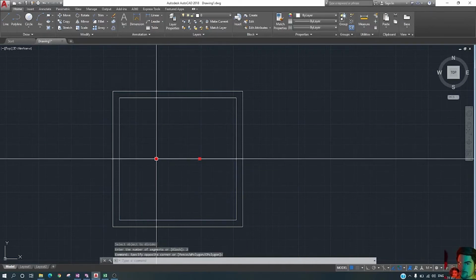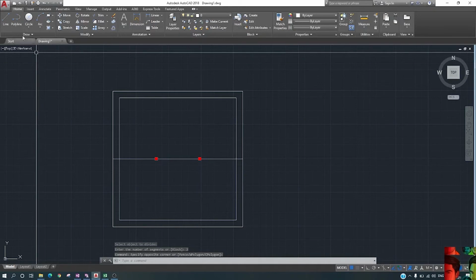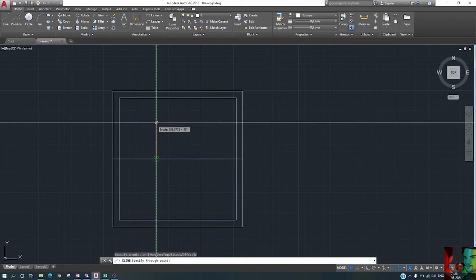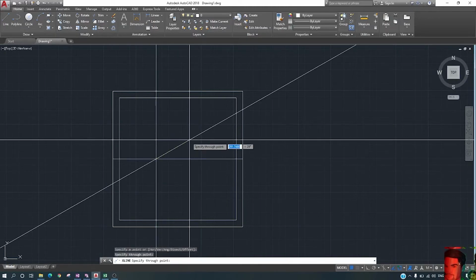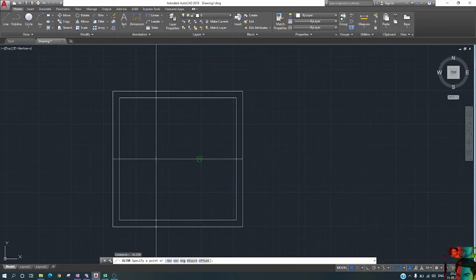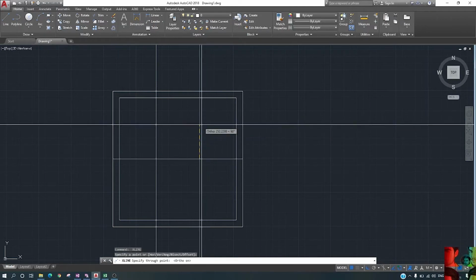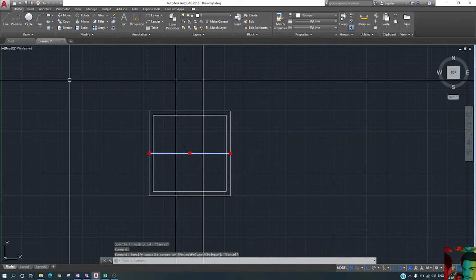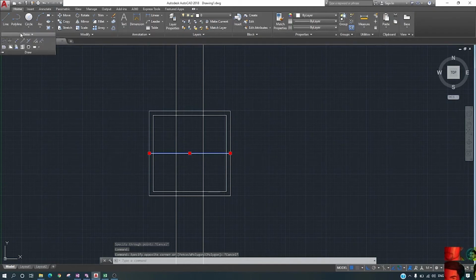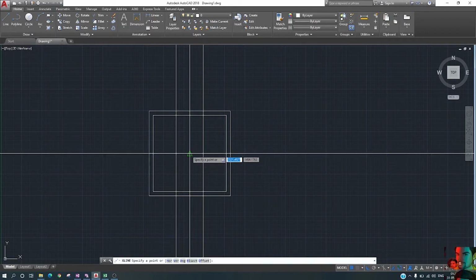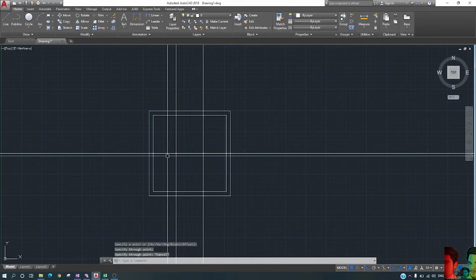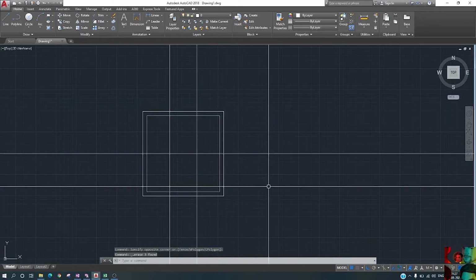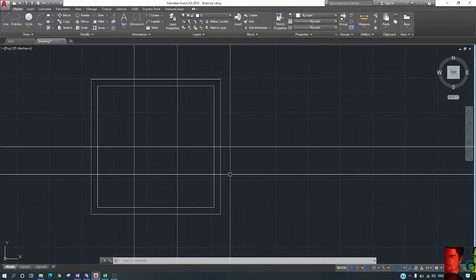As we select, 2 nodes, means 2 points, are generated here. Now we select a construction line and draw here. Now again space, construction line select, F8 for ortho, draw here. Same, one more construction line we select and draw here. And delete that line and the points. Our task is completed. Okay.